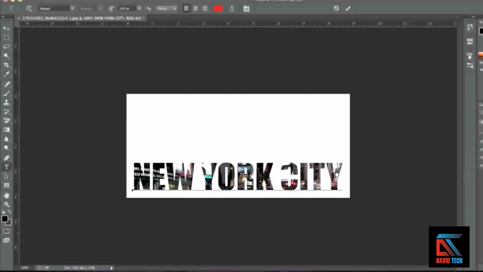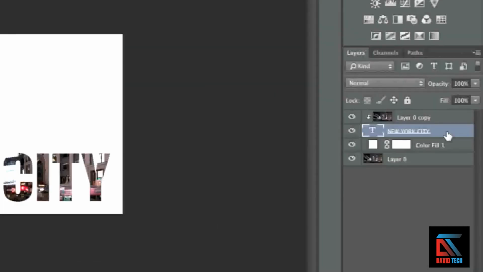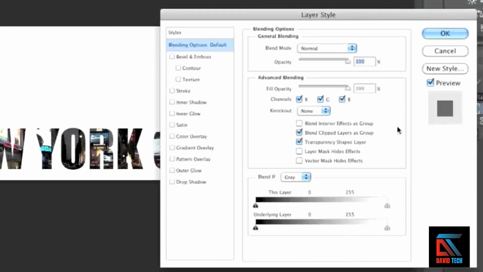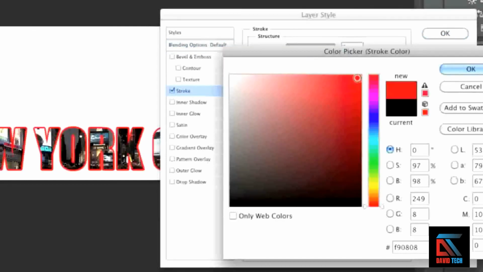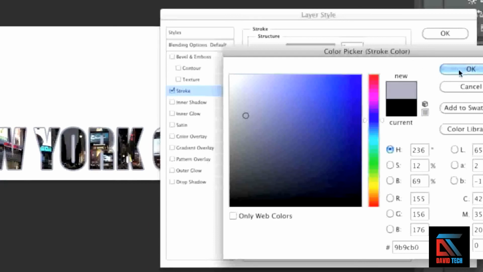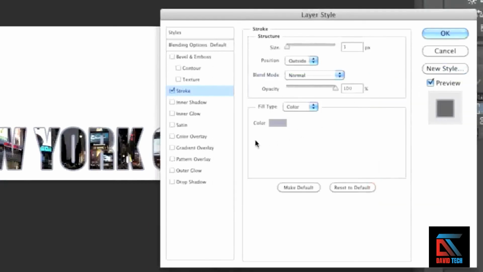You can also add additional effects, for example, by simply clicking on the text layer here. For example, you can add an outline by clicking on the stroke here, and you can choose a color for it, like so. You can also drop a shadow if you'd like,